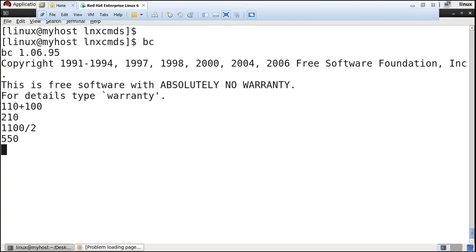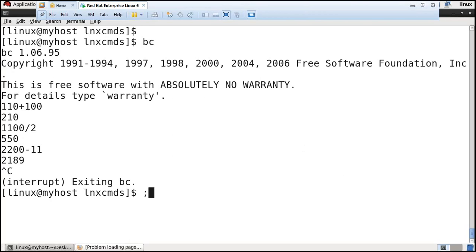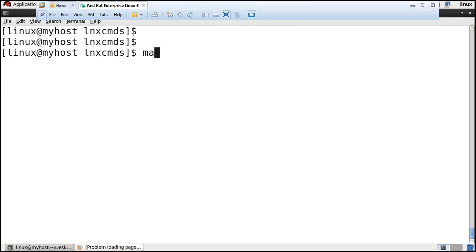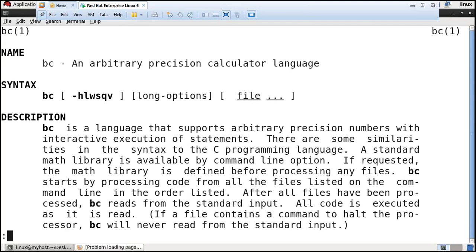Enter bc, press enter, and it will do all the arithmetic operations. bc is just like a calculator command. It stands for arbitrary precision calculator language. So this is about bc.